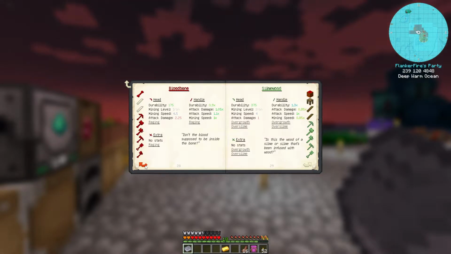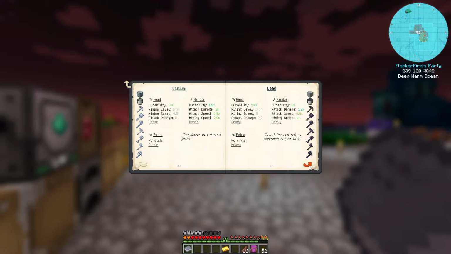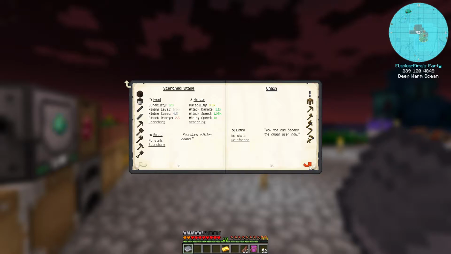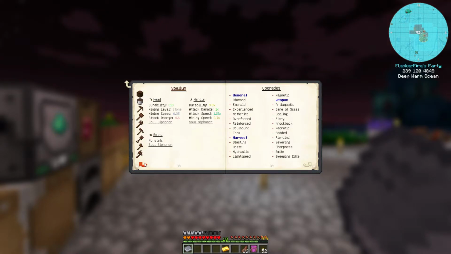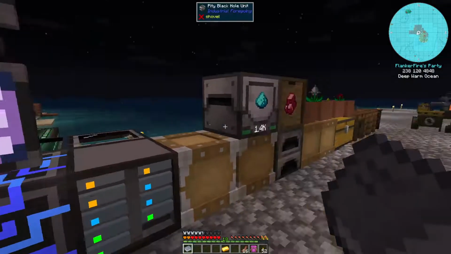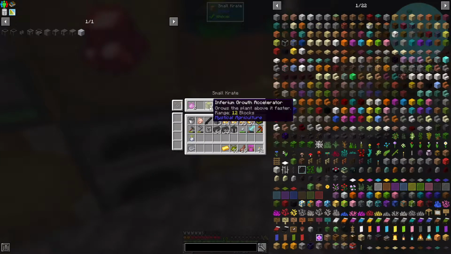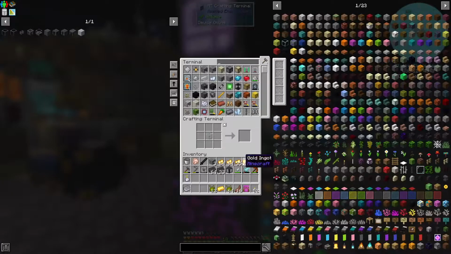I don't have bloodbone or slime wood. Copper has a decent mining speed. Is that chair or chain? I was like, what the heck, chair? Okay, so how do I put inferium in there? Inferium ingot block, or a block of inferium. Okay, so do I have enough inferium? Now it's a growth accelerator. Do I just do...